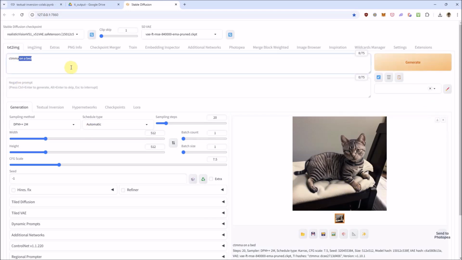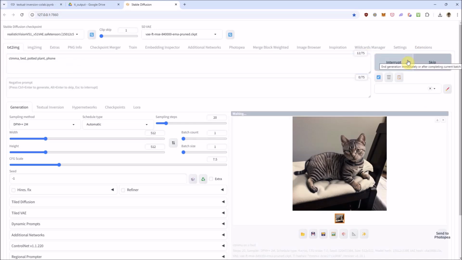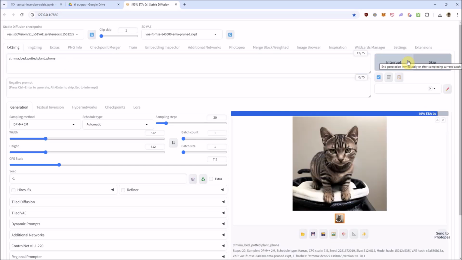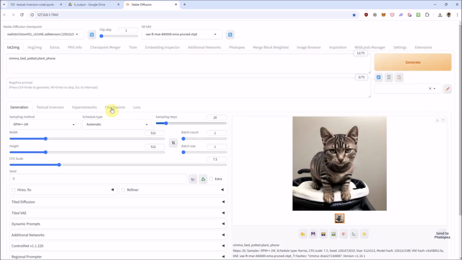You can say things like bed, potted plant, and then let's say phone. Yeah, I mean, you need to adjust the prompts around a bit, but basically, you can see here, that's a